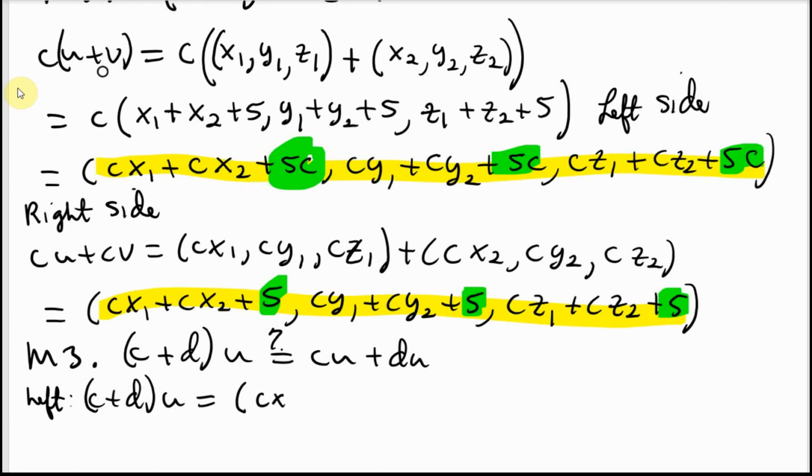So this is c x sub 1 plus d x sub 1, comma, c plus d times the x sub 2. So that's c x sub 2 plus d x sub 2, comma, c plus d times that's the